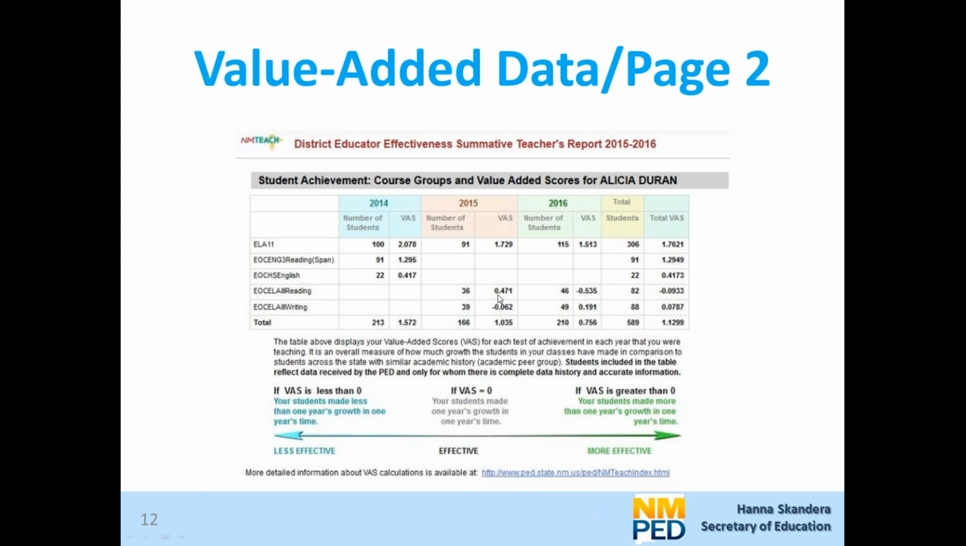In 2015 and 16, we were able to be a little bit clearer in how we are reporting the end of course exam data, and we were able to separate out the reading and writing. And if your teacher administered the Spanish language arts assessments, this would say SLA, SLA. So this teacher administered